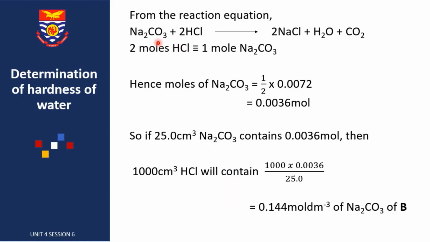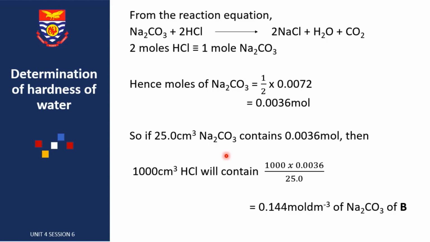And so we write a balanced equation to show the reaction between sodium carbonate and HCl. Once again, we have the same mole ratio as the first, which is 2 of HCl reacts with 1 of the sodium carbonate. So the moles of sodium carbonate is half the HCl. That gives us 0.0036 moles. This is the number of moles of the sodium carbonate contained in the 25 cubic centimeters of the sodium carbonate